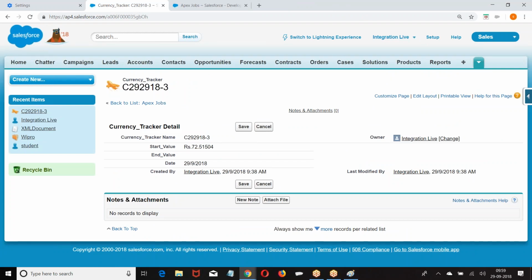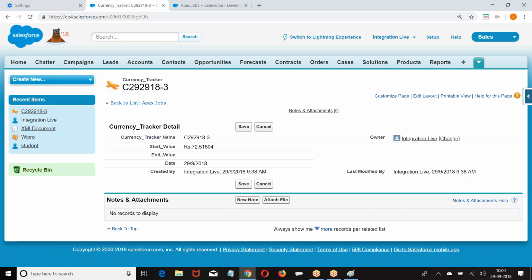Suppose you want to define your own web service. Now you are calling a web service of somebody using the HTTP protocol. Suppose you want to define your own service, which should be available to third parties. Now you are calling a third-party service in Salesforce. If you want to define a service in Salesforce which can be accessed by third-party people, how do you define it? We have to define a REST API service.